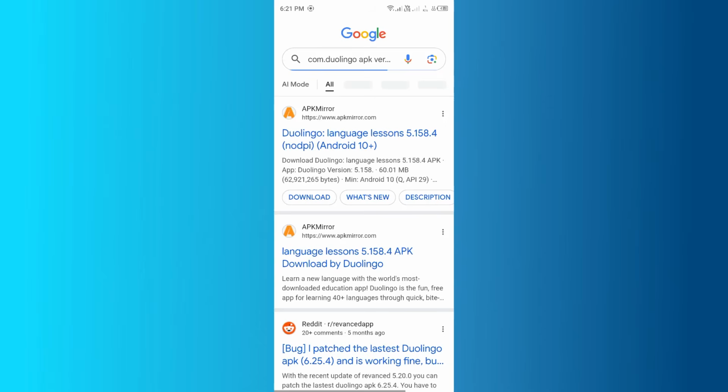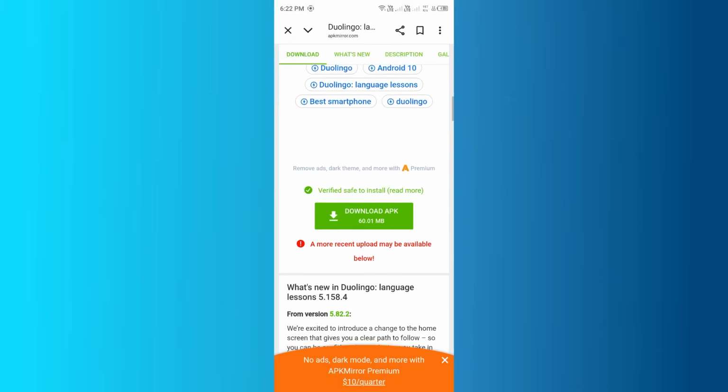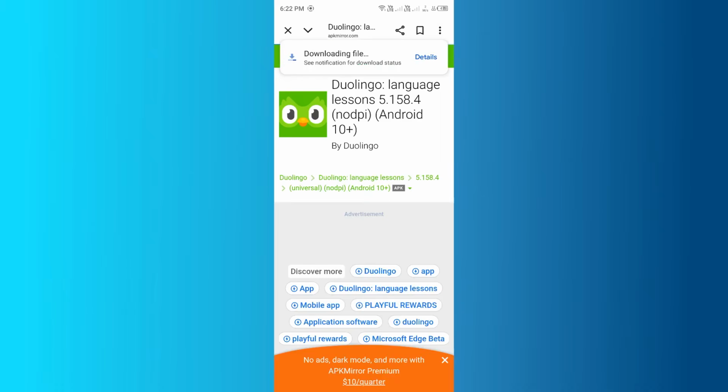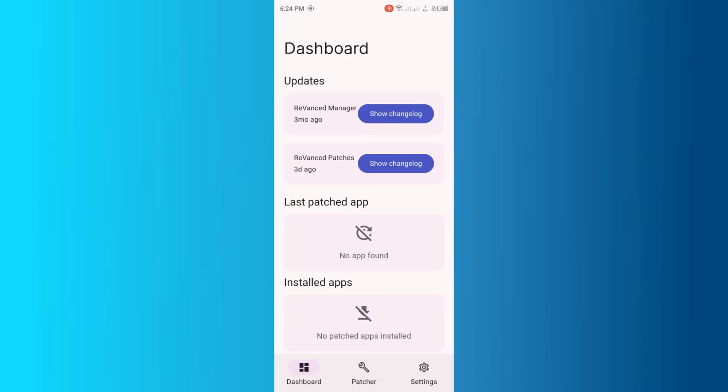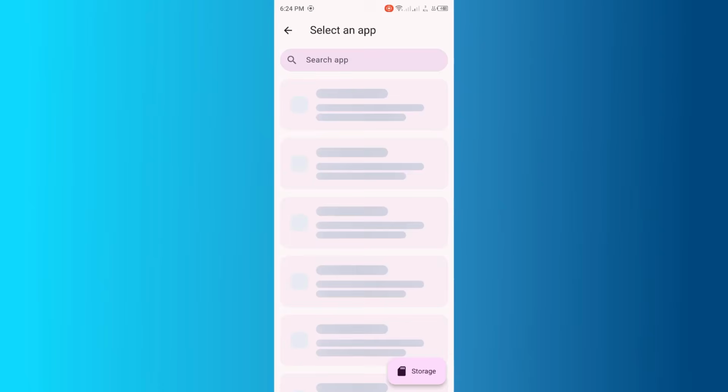You can visit any of the links. I am going to open the first link. Then we have to download the APK file. Once you download the APK file, now to patch the app, go to Patcher, then go to Select an app,